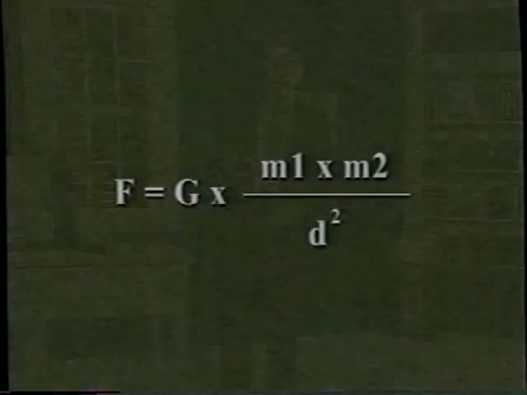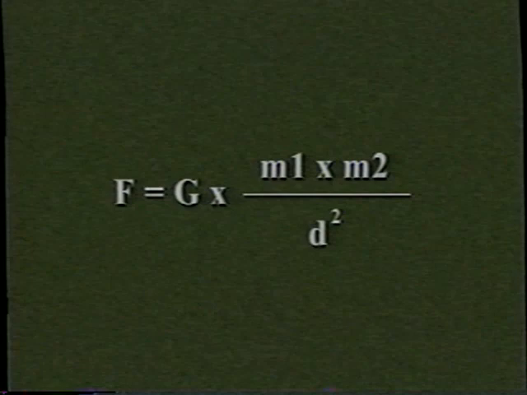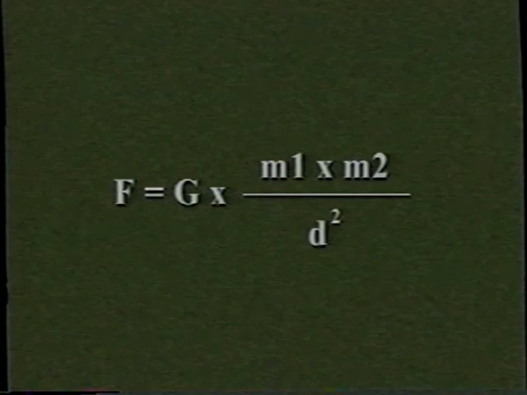And this is the equation that Newton came up with. He said, force equals a constant, a capital G for the gravitational constant, times the first mass times the second mass divided by the distance squared. That's Newton's equation for the universal force of gravity. Stated in plain English, between any two objects there exists an attractive force of gravity that's proportional to the product of their masses divided by the distance between them squared.